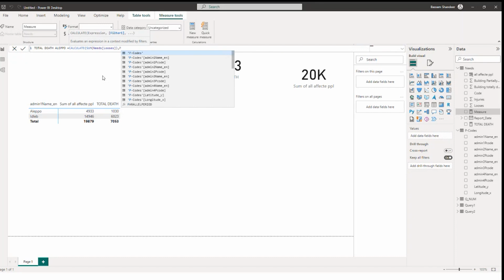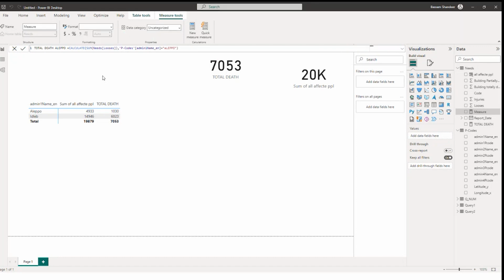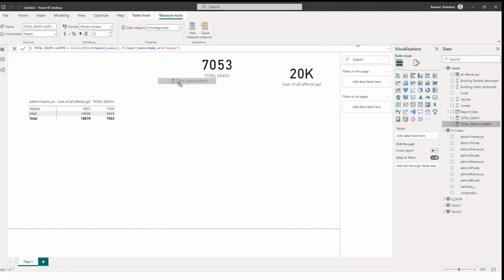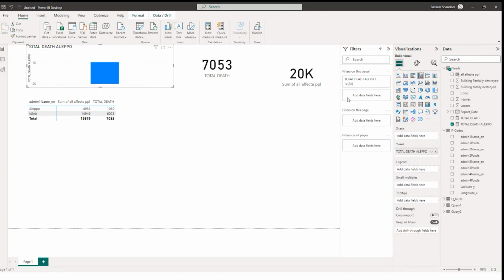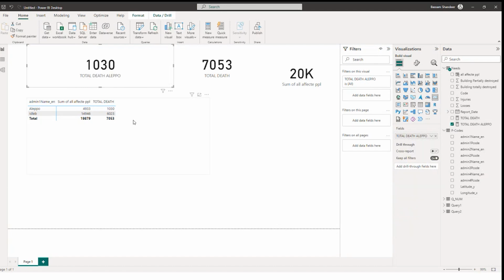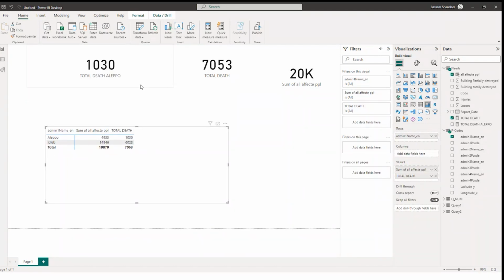So here we can use this name just to be, well, Aleppo will not work because... so now we can see here if we just added it here, added as, so if you can see